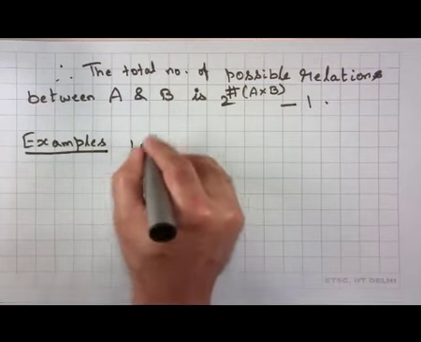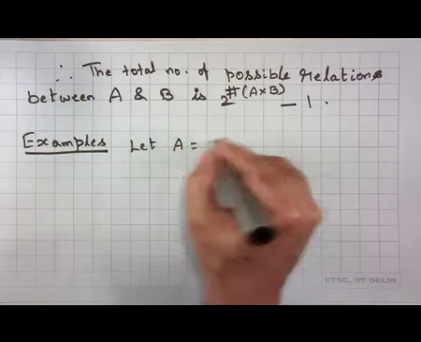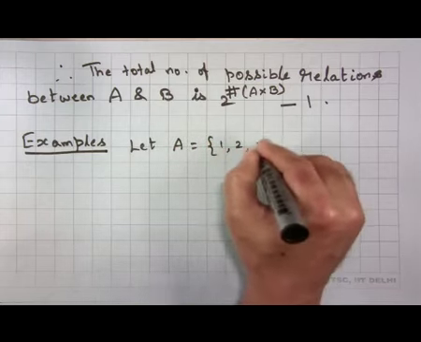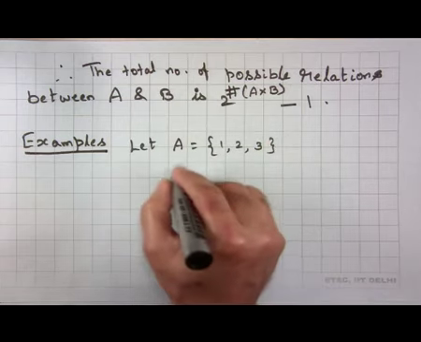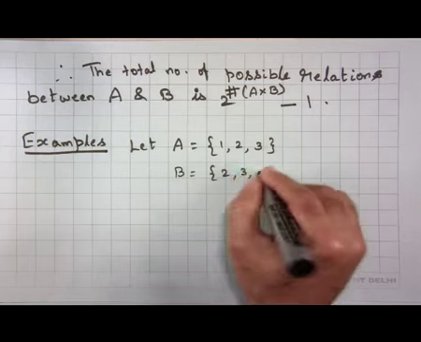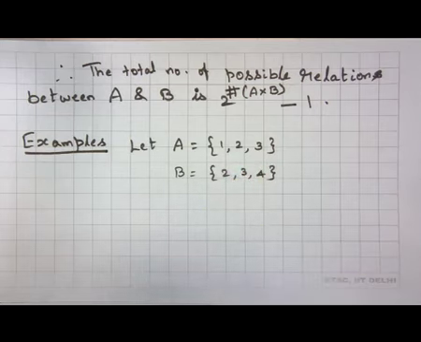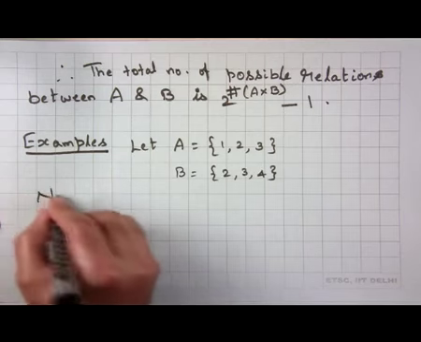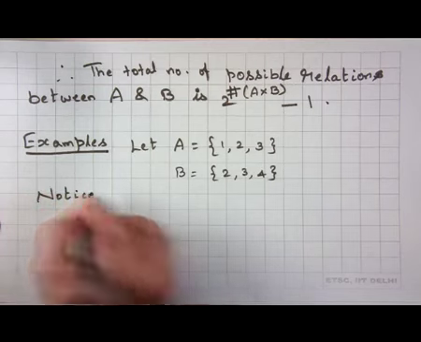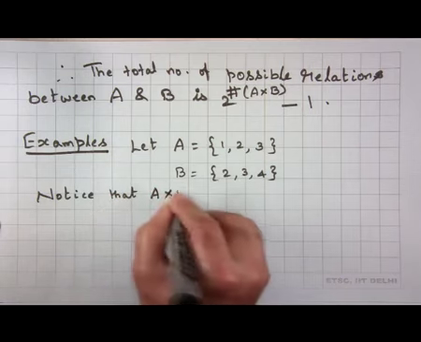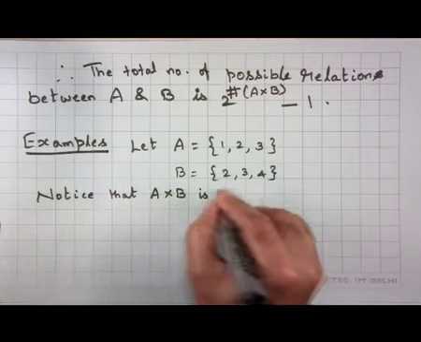Let A equal to {1, 2, 3}, B equal to {2, 3, 4}. So, first thing that one will have to observe is that notice that A cross B is itself